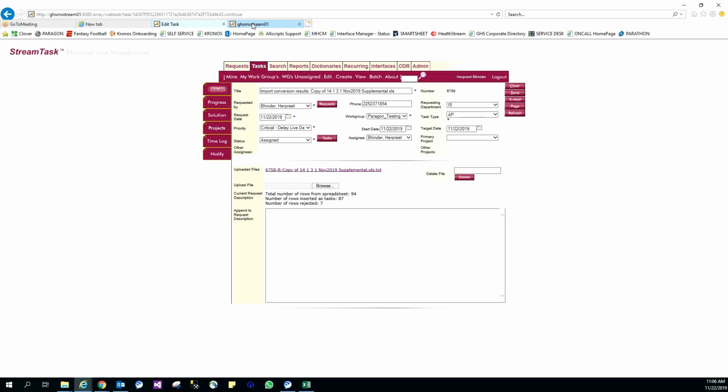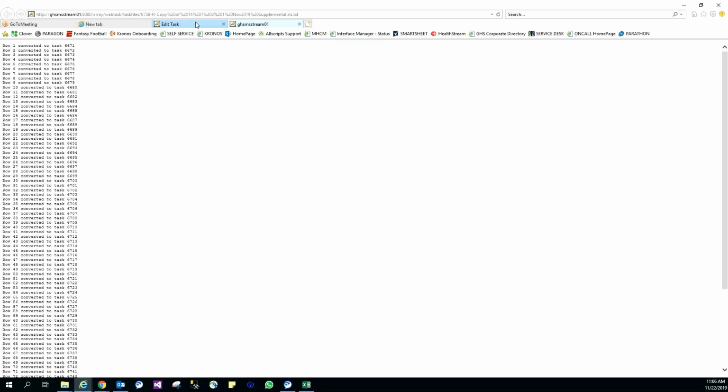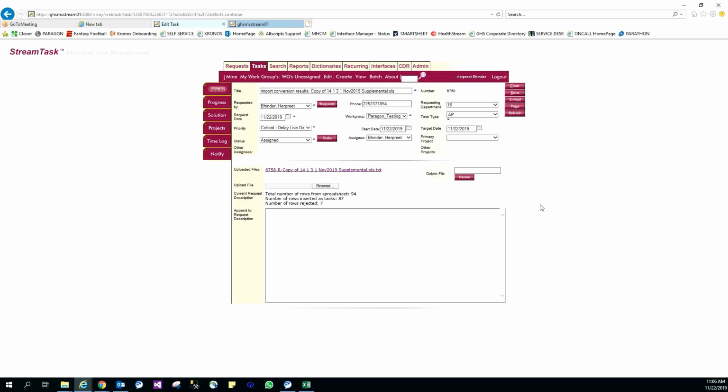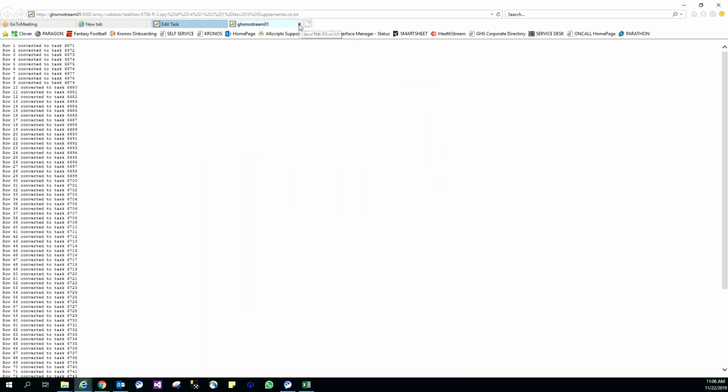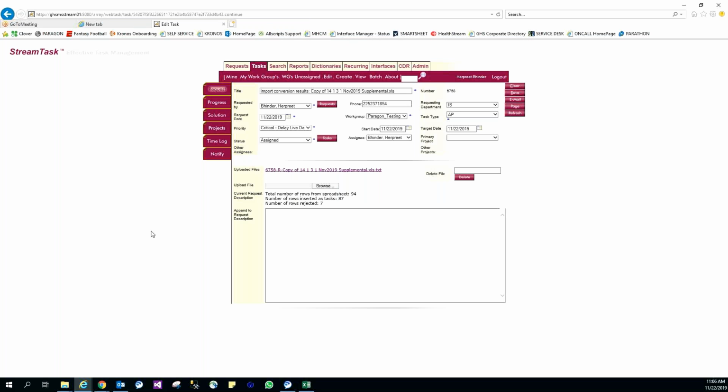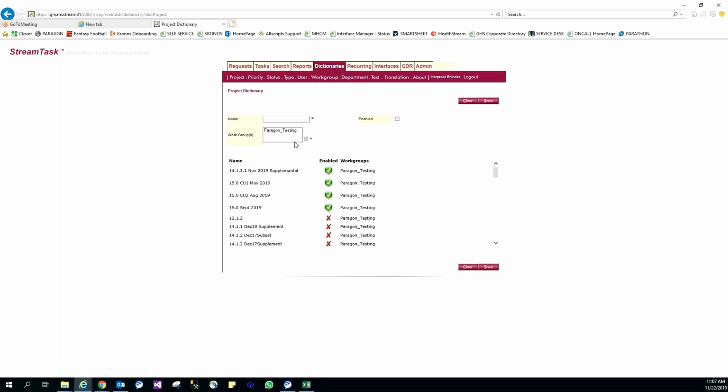Maybe just closing this. Yeah, when you open up that attachment, it opens up in a separate tab, so you can just close the tab if you want to. Okay. Right. It does that so that you can have that open if you need to go and look at tasks or whatever. Okay. So let's go to your task type dictionary. Go into dictionaries and type. And the fastest way to, well,